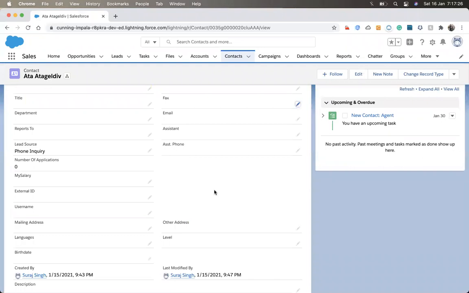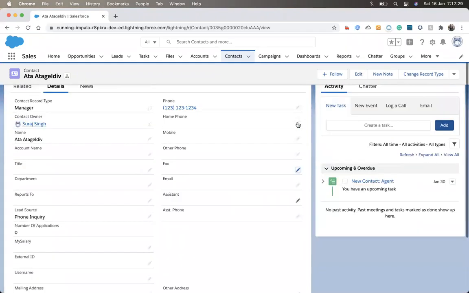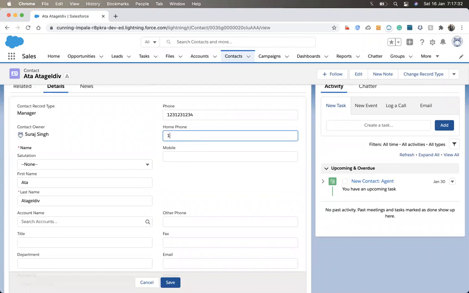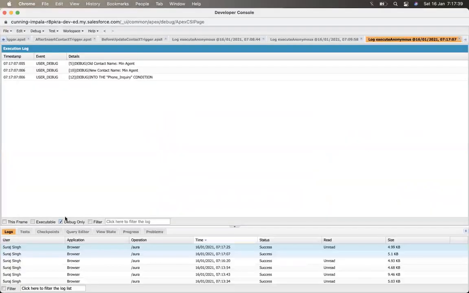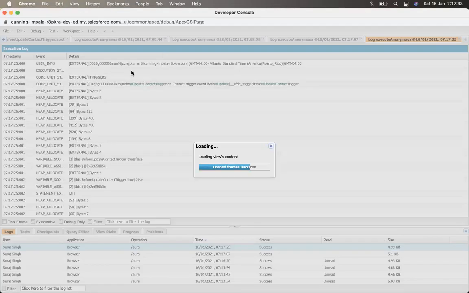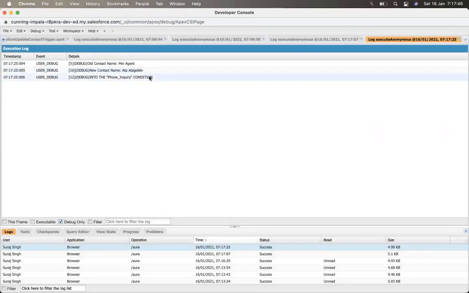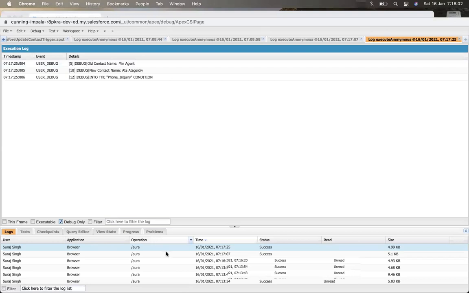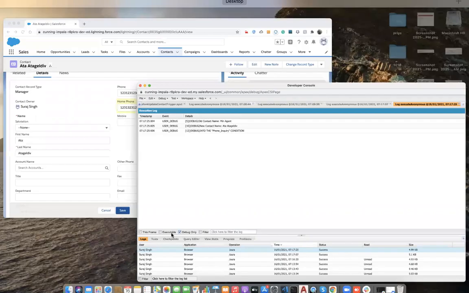It got saved. Now we have another situation. Suppose I come up here and add the home phone value, 1, 2, 4, 2. Let me check the logs before that. Yeah, it's coming to the situation because it's checking that the phone number has the value, so it doesn't throw the error. Okay, that's good. Now I come up here and hit the save.